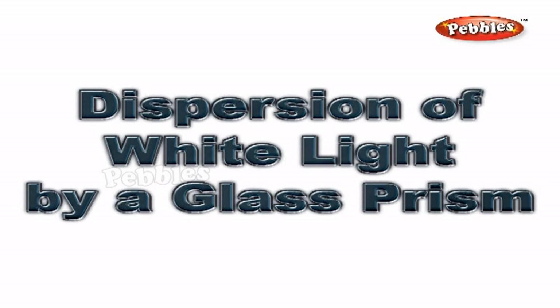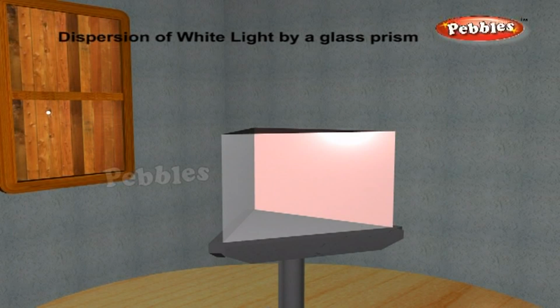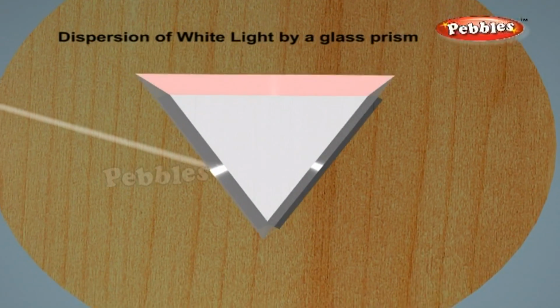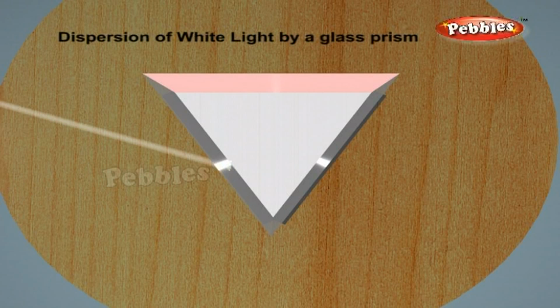Dispersion of white light by a glass prism. Take a thick sheet of cardboard and make a small hole or narrow slit in its middle. Allow sunlight to fall on the narrow slit. This gives a narrow beam of white light. Now, take a glass prism and